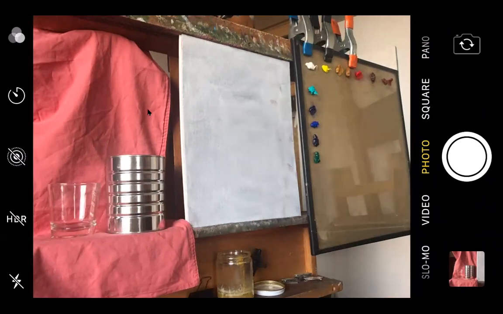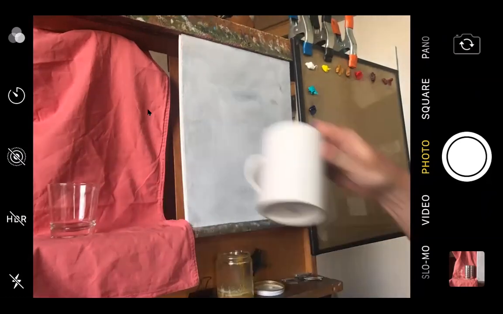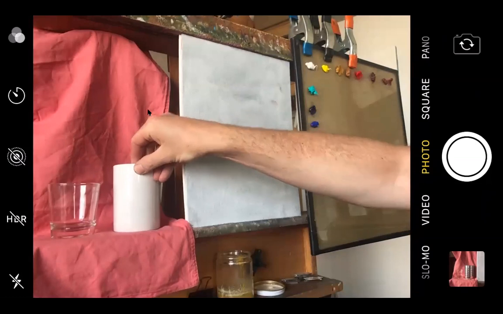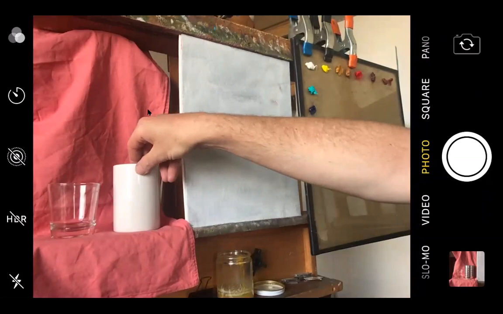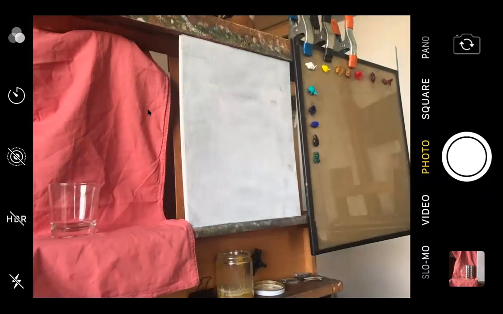So if we put a regular coffee mug in place of that, that's not a good example, that's also reflective. Let's see. If we put our cone